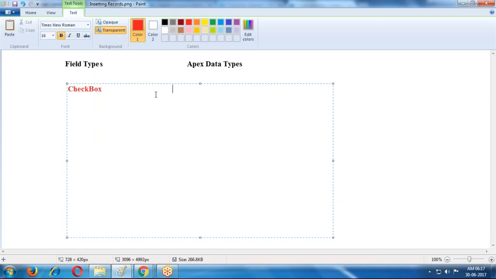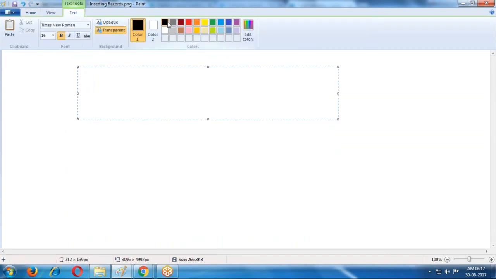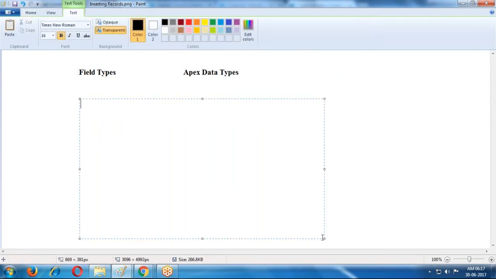For the checkbox, what is the Apex data type?